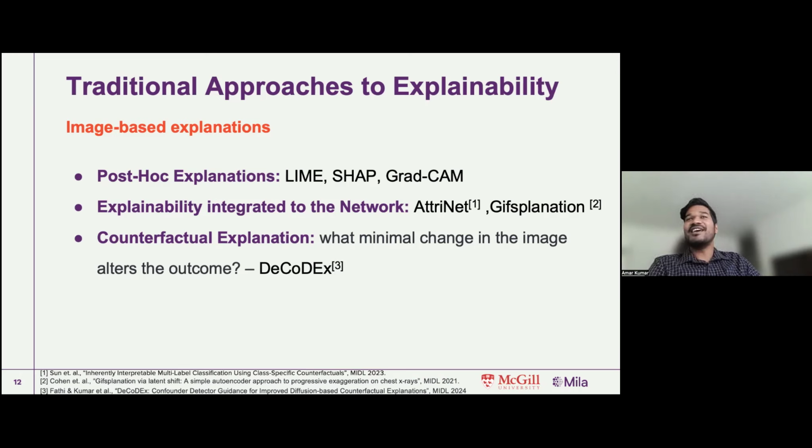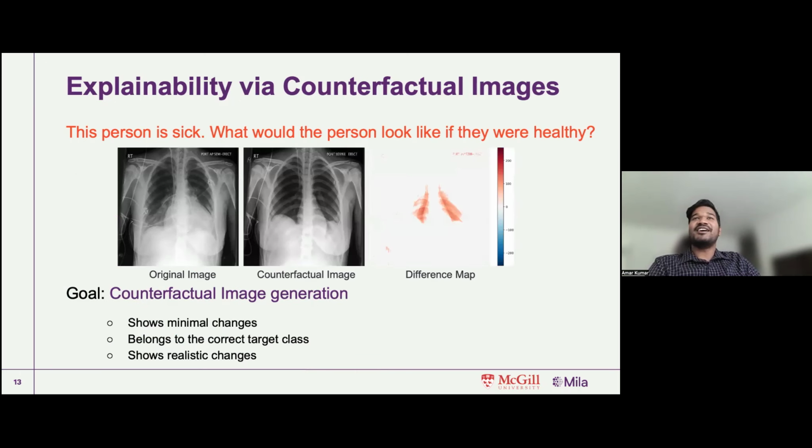What's more interesting is that the solution to all this comes from the generative model. If you have a high capacity generative model, you will be able to explain in a much better fashion what the model is exactly looking at while making the decision. To talk about this more concretely, what I am referring to is explainability via counterfactual images. So imagine that original image, which is shown on the very left-hand side of this picture, and it's given that the person is sick. We ask this question: what would this person look like if they were healthy?